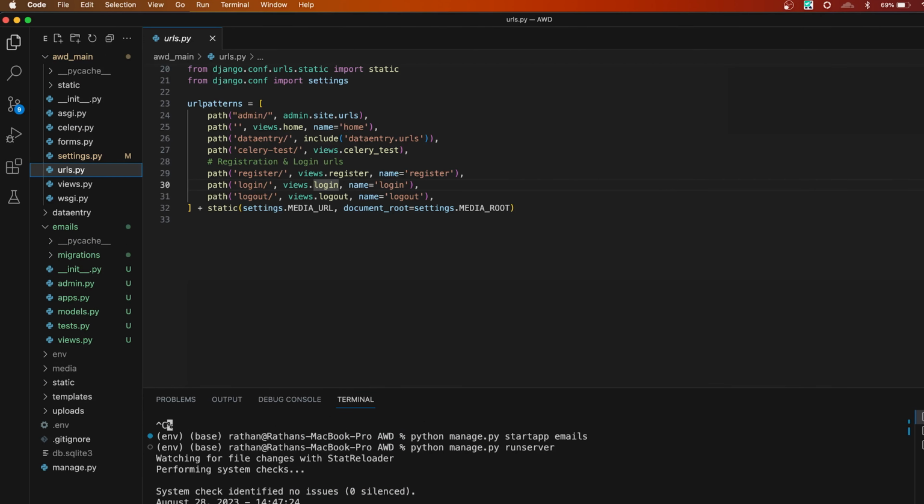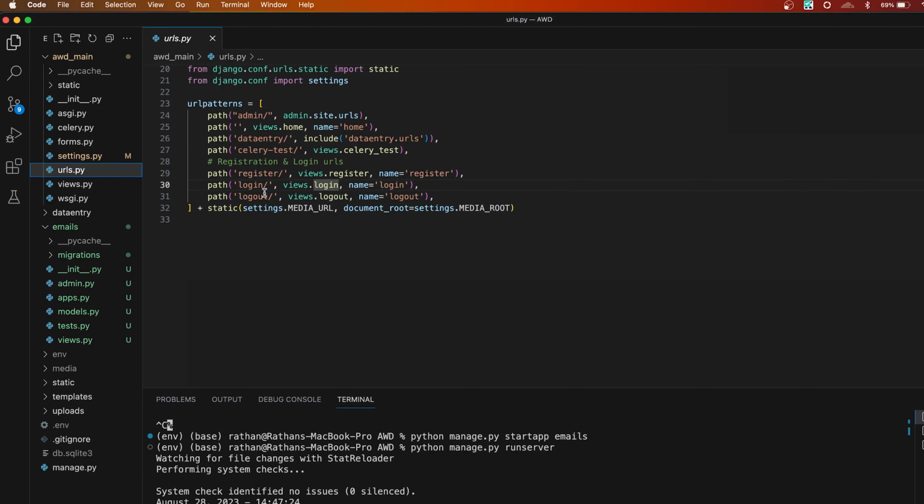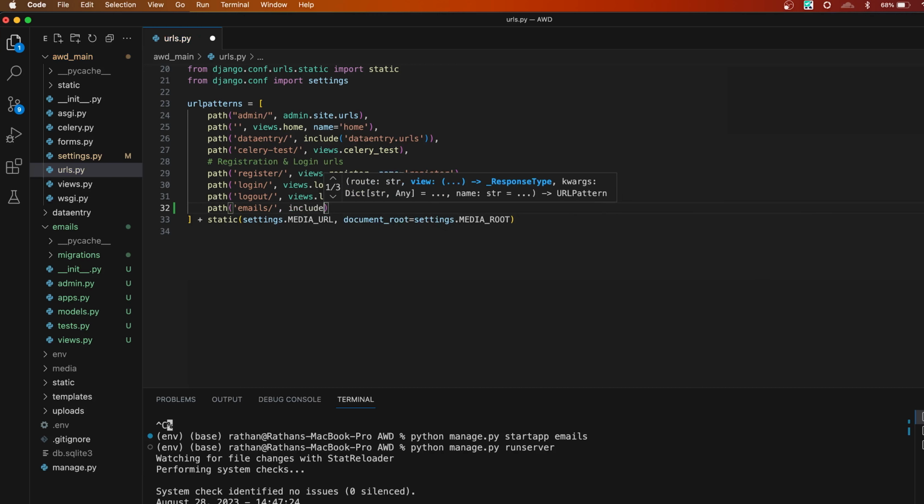I said I want this kind of URL pattern, so first I want to handle emails. When someone comes to the path emails/, I should forward the request to the emails app, so I'll say emails.urls